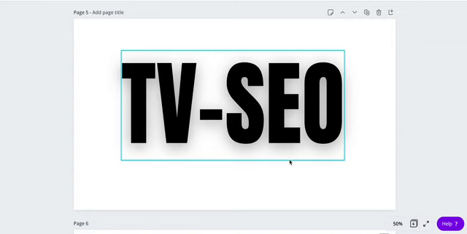This is the key strategy for every affiliate marketer. Every successful affiliate marketer that is making up to $1,000 per day, per week, per month, uses TV SEO. And this is my goal for you in this program. This is what I want you to learn. You are learning a skill. Write this down. You are learning a skill that will allow you to drive traffic to other people's products. I want you to do this. Write it down in your notepad.